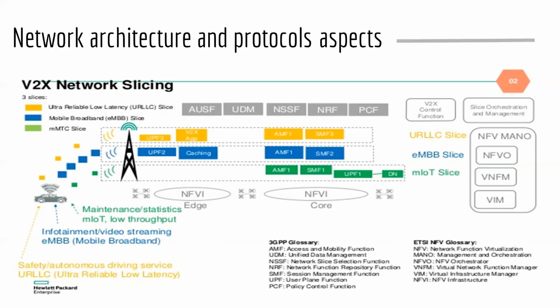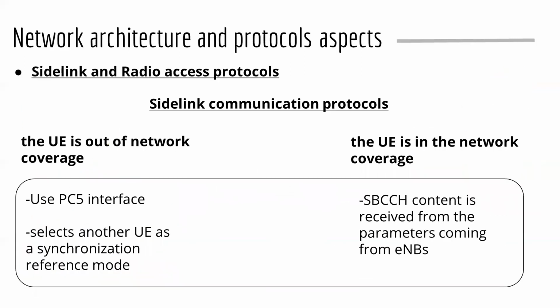The critical V2X can operate outside of network coverage using direct communication without requiring provisioning and universal subscriber identity module, USIM. Now moving on to the side link and radio access protocols. To dive in deepness of the architecture,